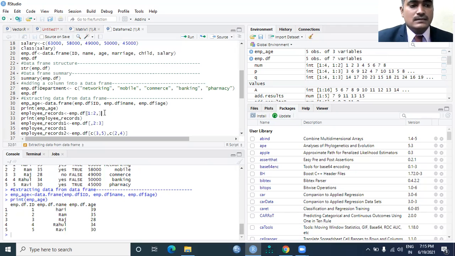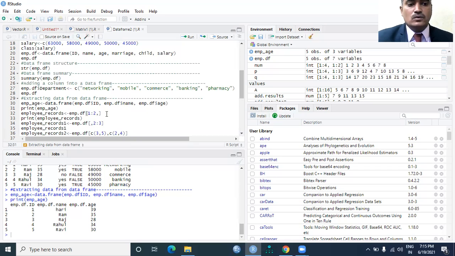Now the next operation I would like to perform is to create one variable by the name of employee_records. With the left assignment operator, what I would like to assign is, from the employee.df file, only the first and second rows, and I don't want any column information.